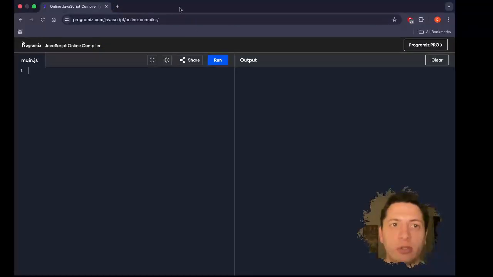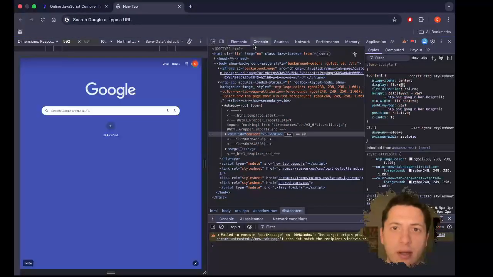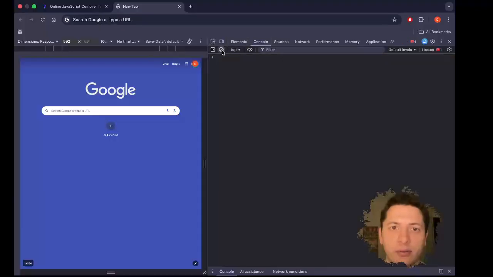So what is special about JavaScript? JavaScript is built into every single modern browser. For example, you could open up your Chrome and click on inspect, and go to the console over here, and inside this console you could type in JavaScript code, and the browser will be able to handle that code.